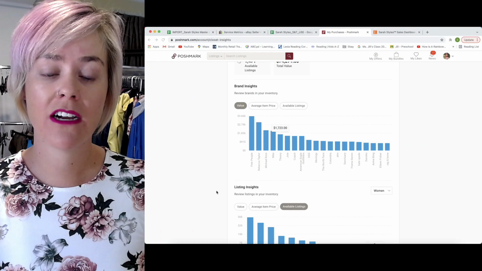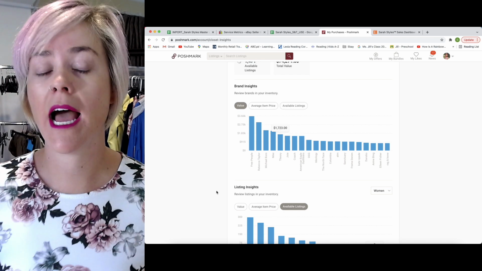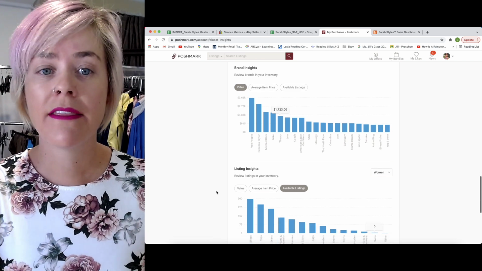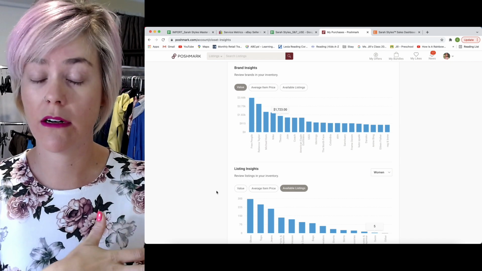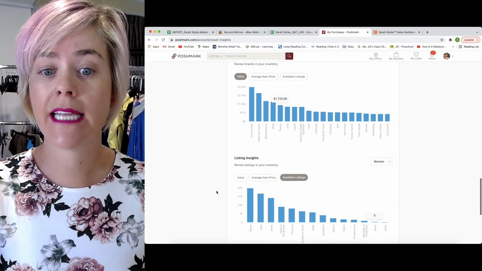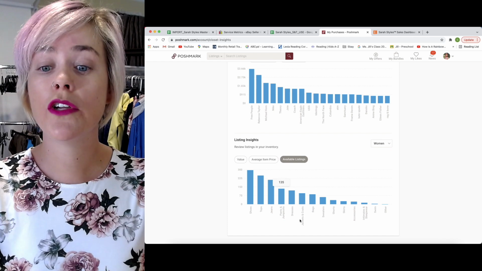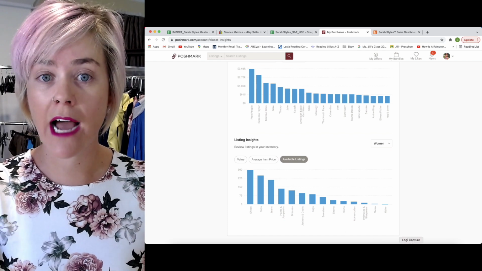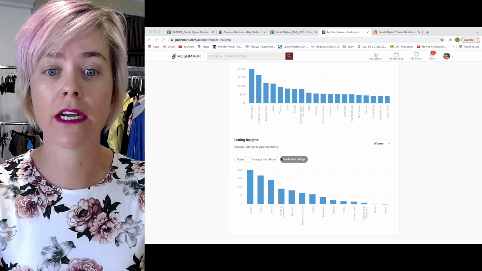So if you come in here, you can scroll down. We were looking at my tops, how many have sold. They also have a section for brands and then also categories, and you could go in and see how many you have available. So you could go through and figure out, say, this is how many I've sold for the time period, this is how many I have available for the time period, and you could figure out your sell-through rate. So it's better than it used to be, where you used to have to not know or export a CSV file and know how to use Excel or put it into a dashboard like mine,